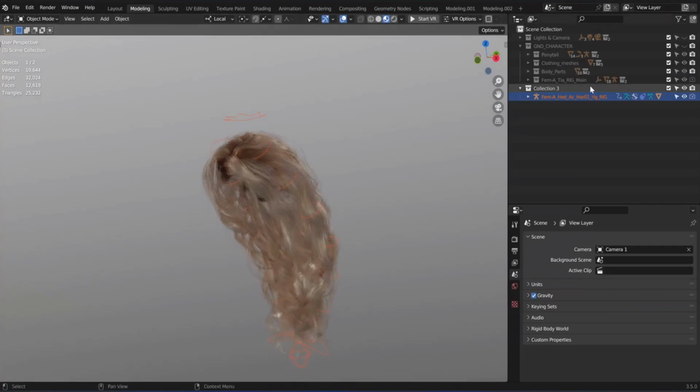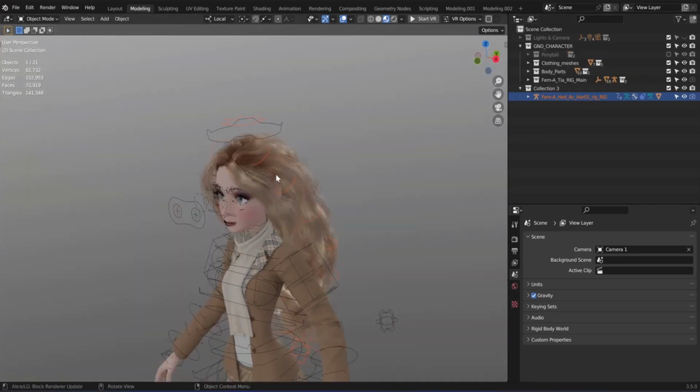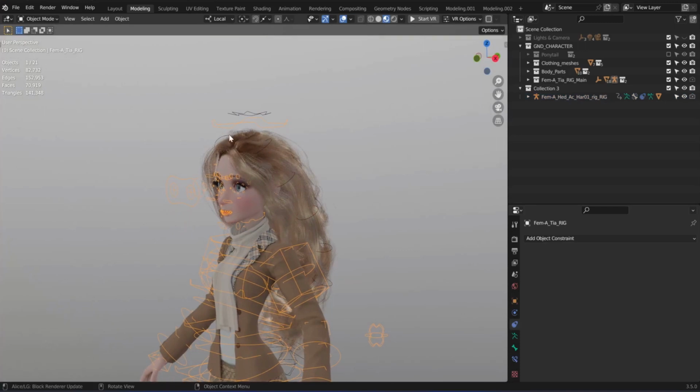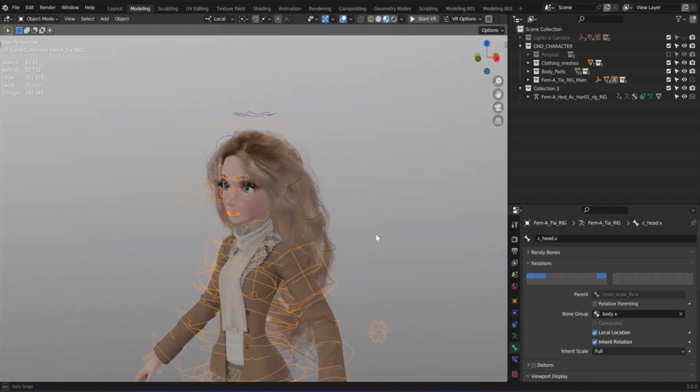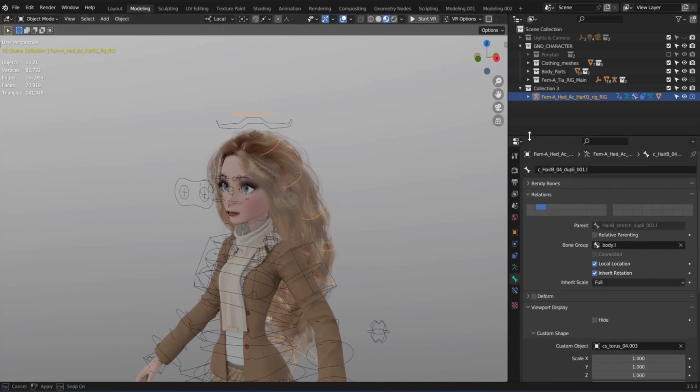Okay, let's bring back our character here. Let's turn off her ponytail. So now we need to figure out where to link the hair to, which is this halo right here. So if you grab the character's rig, Tia's rig, go to pose mode, click on this halo here, which is her head. If you hit R, you can see her head moves. Go to bone properties, go to the name, Control C, then get out of pose mode, grab the hair rig, go to the